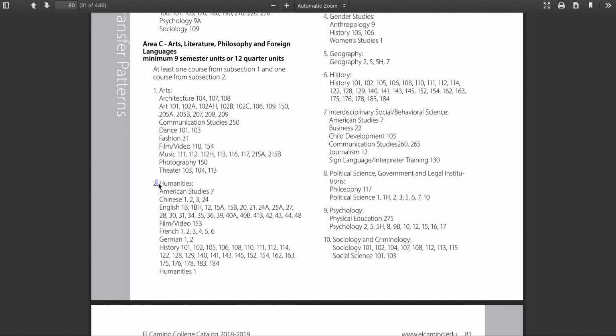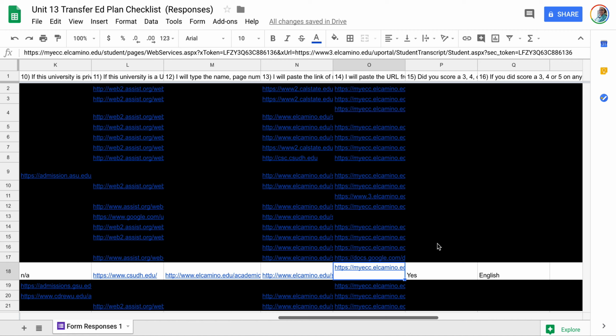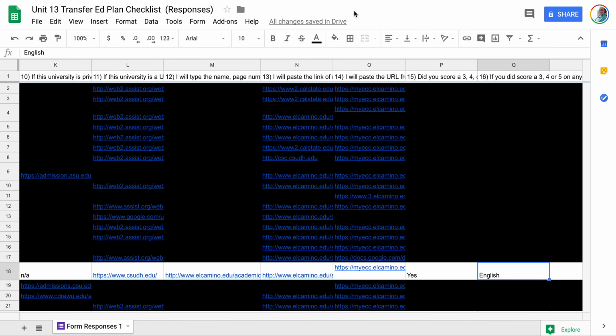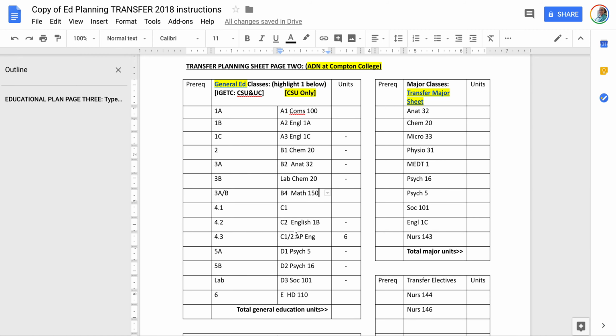Number 2, I believe you said you had AP credit in English. So where that counts is right here: English AP, 6 units in this area. The reason I put the English 1B here is because you're already taking it. So it's just extra. It's not necessarily required because you've already met the requirement with 6 units by your AP